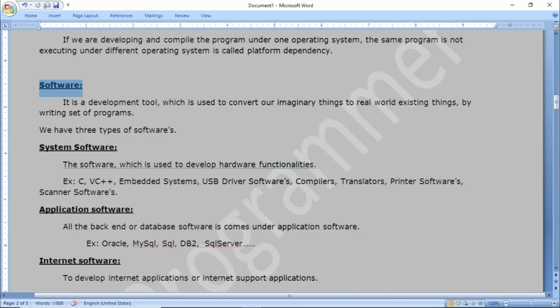We have a lot more system software, like embedded systems, USB drivers, compilers, translators, scanners, etc. Application software covers all backend or database software, like MySQL, SQL Server, Oracle.